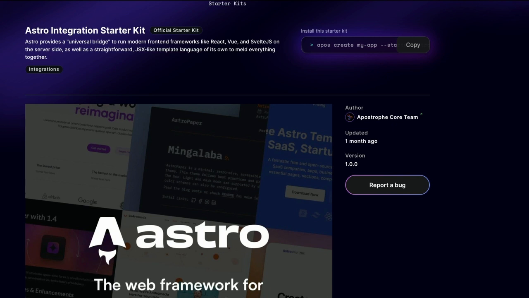In my experience, the starter kit for the Apostrophe side of the project does make things a little quicker and easier and has some great bells and whistles, but really any project can be used as the Apostrophe backend. You can get this starter kit using the CLI tool or by cloning and installing from GitHub like any of our starter kits. In order to get the starter kit using the CLI tool, you just use the normal apos create and pass in a project name, plus the starter flag, so --starter=astro.